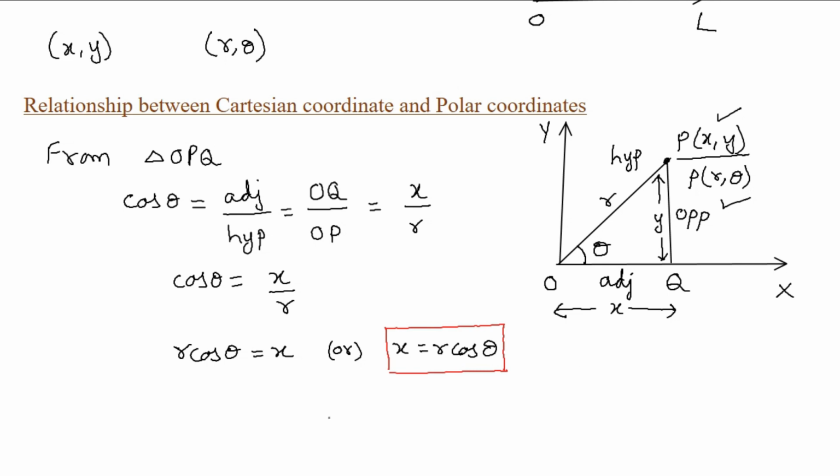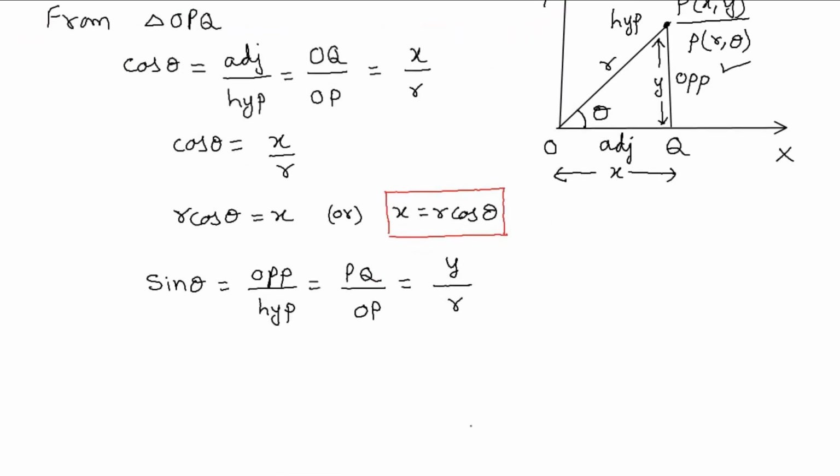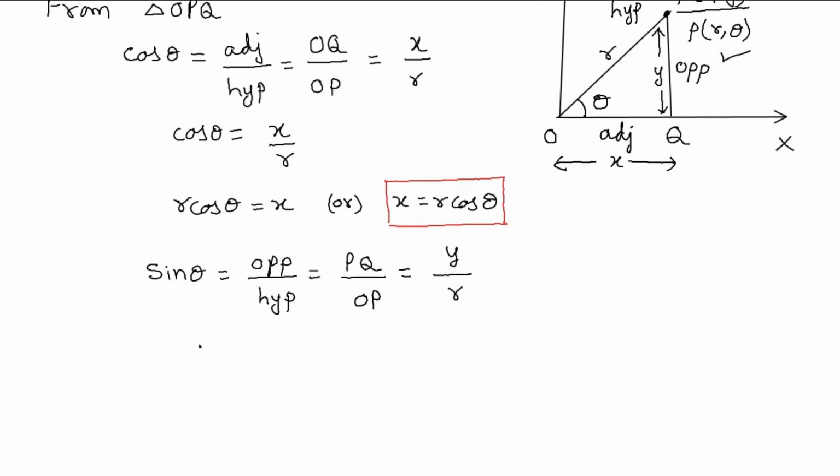Now again from the figure, let us try to find out the sine theta value. The basic formula for sine theta is nothing but opposite by hypotenuse. If you try to see from the figure, the opposite side is nothing but PQ divided by hypotenuse, which represents OP. PQ value from the figure is nothing but the distance y divided by OP, which represents your r value. Therefore, we have got sine theta to be equal to